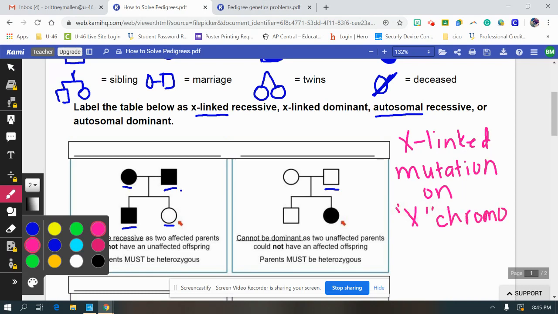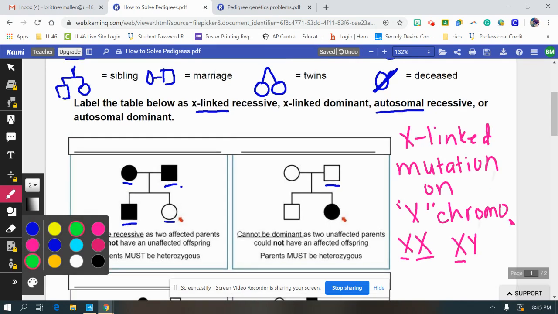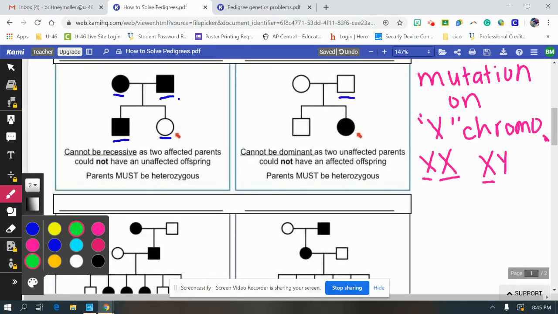I'm just going to write chromo for short. So that means for your parents, you get X and X for females, and then X and Y for males, right? So that means on these X chromosomes, that's where the trait's being passed, aka it's linked on the sex chromosome. The other option we have is autosomal, which basically just means the opposite. Autosomal,